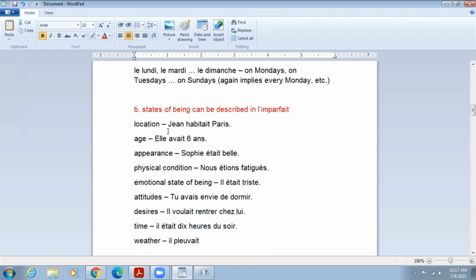When you're talking about past age, she was... Because you already know that in age, we use the avoir verb, right? Even if you want to say "was". For "is", we use être: je suis, tu es, il est, elle est — I am, you are, he is, she is. But for age particularly, we use avoir. He is 6 years old: il a 6 ans. So we conjugate the avoir verb in present form.